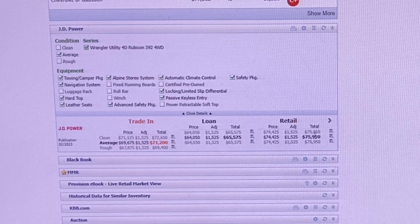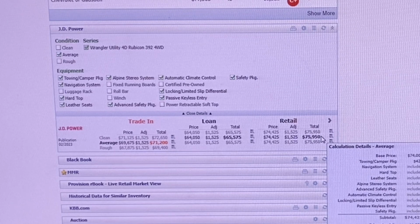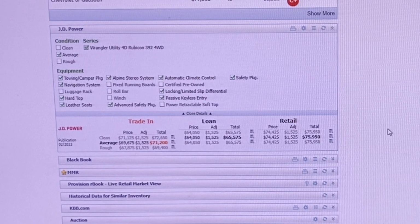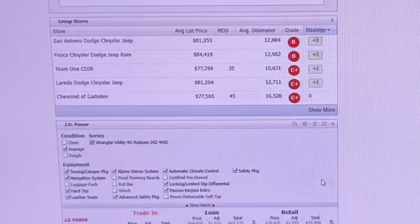Now, that doesn't include your taxes. So if you finance this amount, $75,950, tax, title, fees, you're going to probably be right around 115% of this vehicle, which is still decent. Most banks will loan off that, but that's what dealerships have to keep in mind. Now, I know some of that can be pretty confusing, especially if you're not used to dealing with it day to day, but that is the process that most dealerships are going to go through whenever they're giving you a